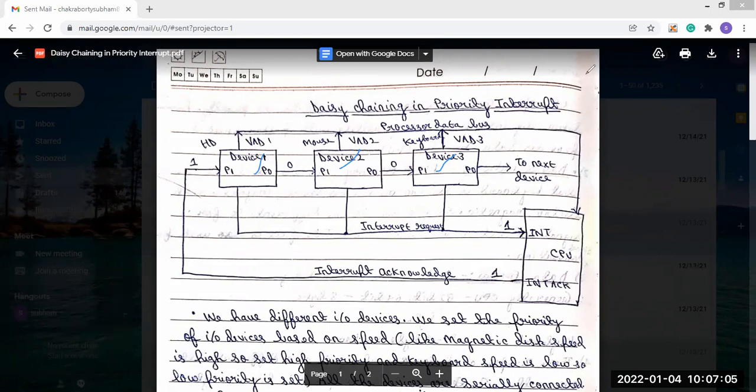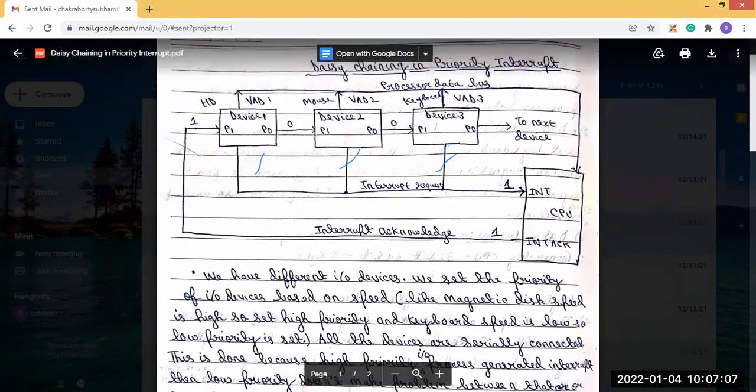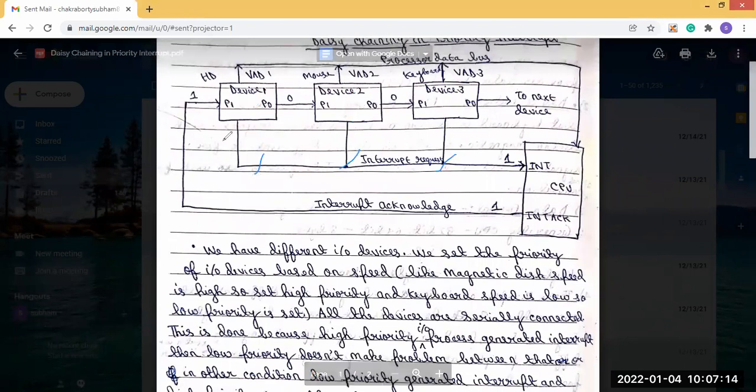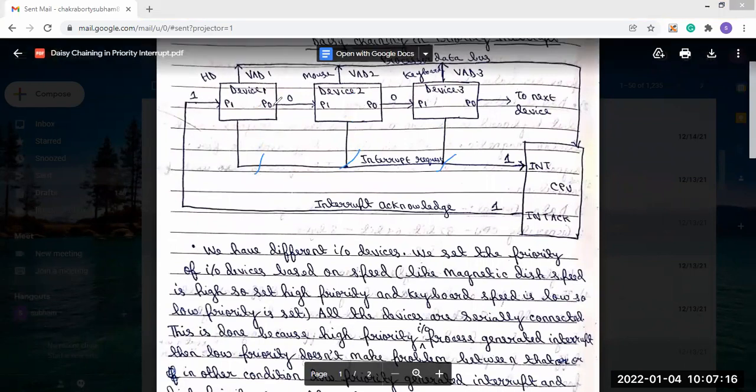Now we will describe our diagram. Here you see all the devices are serially connected. That means device 1, device 2 and device 3 are all connected serially. From device 1, device 2 is connected, from device 2, device 3 is connected, and then to the next device. Here I have not used any other devices, but you can use device 4, device 5, device 6 up to device n.